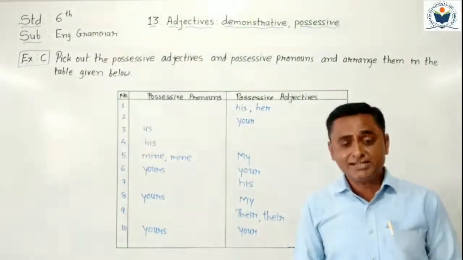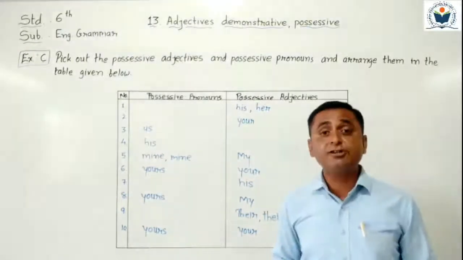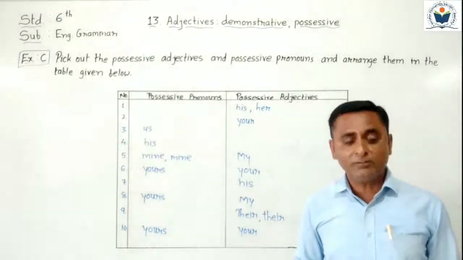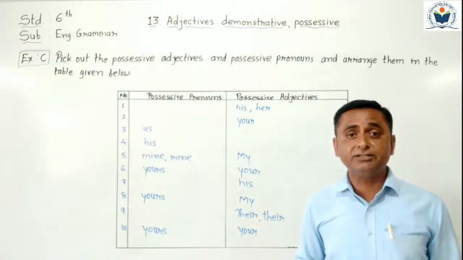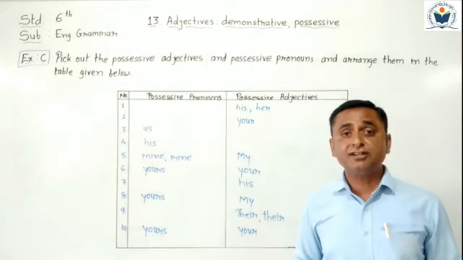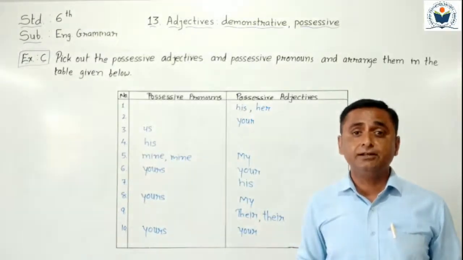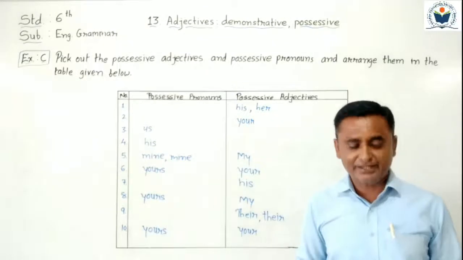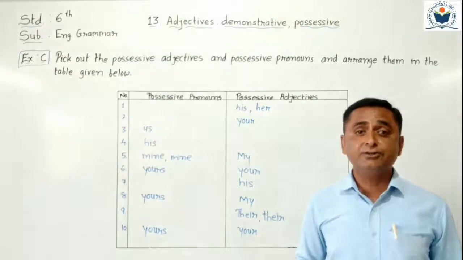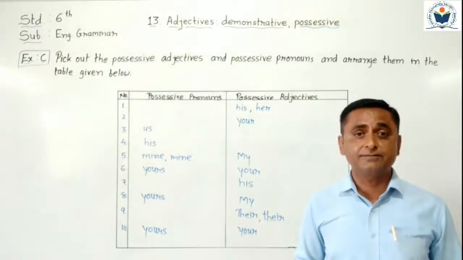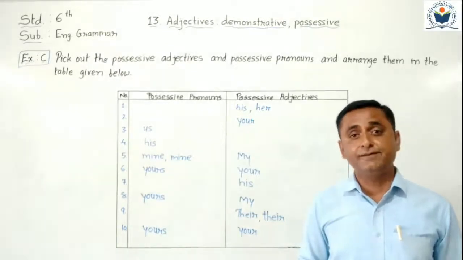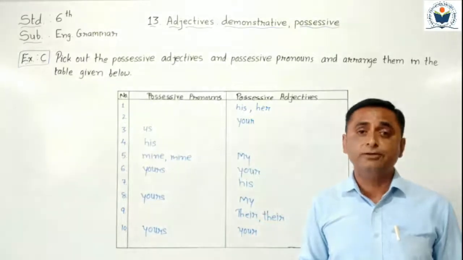After that, exercise D is given on the back side. You just have to complete it yourself as homework. It is very easy because it depends on the table we learned in the teaching points. Just try to complete exercise D at home yourself. If you have any doubt or question related to exercise D, you can ask me in the Zoom class.